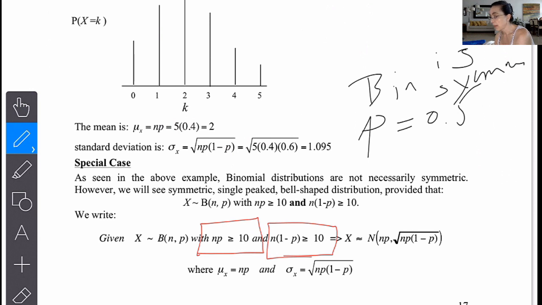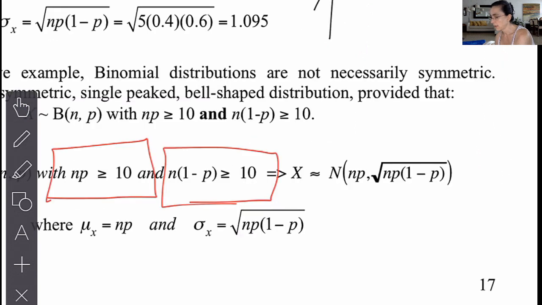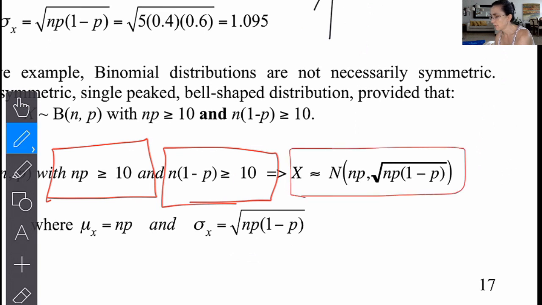If those are both satisfied, then we can say that x is approximately, that's what that symbol means, you remember the symbol, x is approximately normal, and remember the first element here is always the mean,